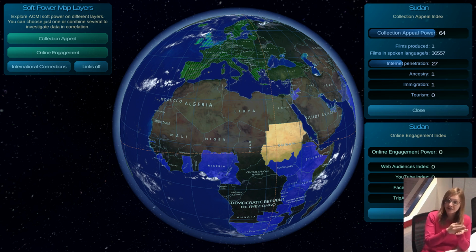However, when we correlated this information with actual social media audiences, engagement, and profile, we understood that our predictions were completely wrong. The collection power appeal index takes into consideration the linguistic factor as the most powerful.